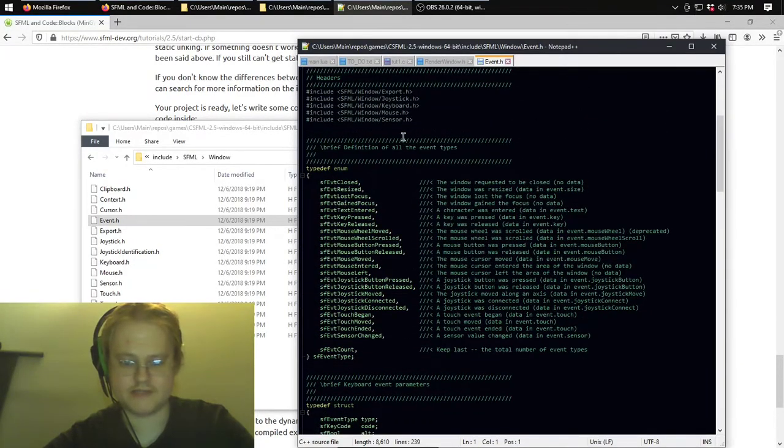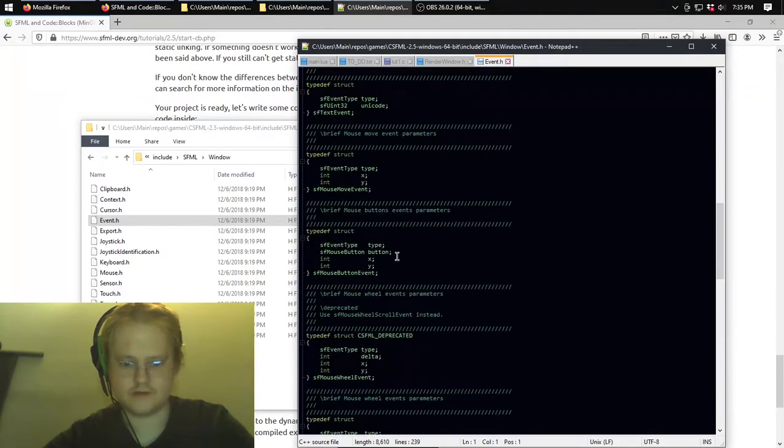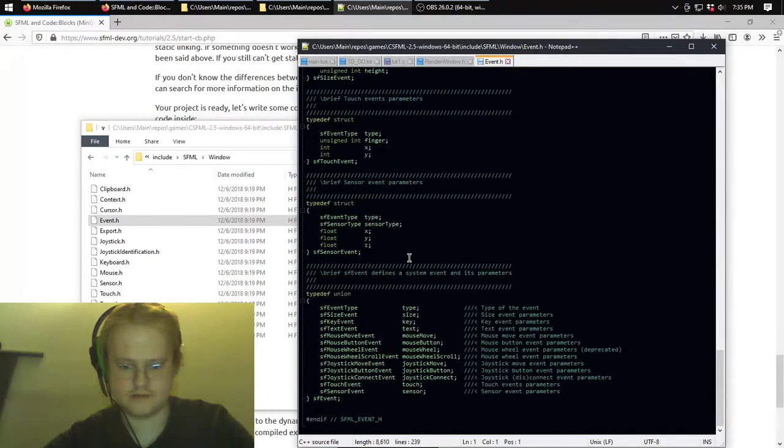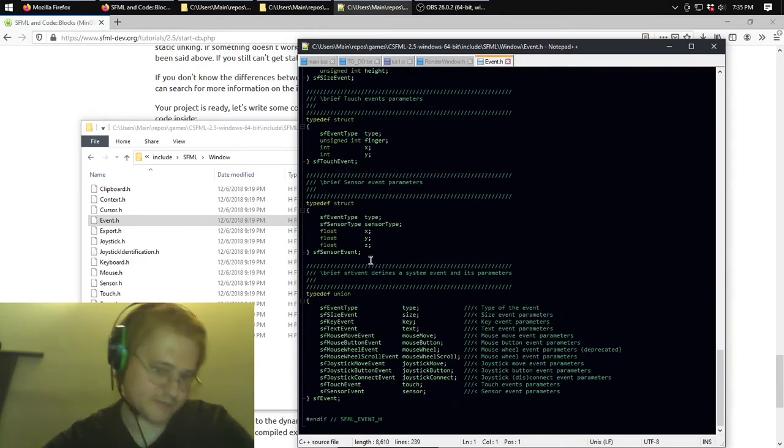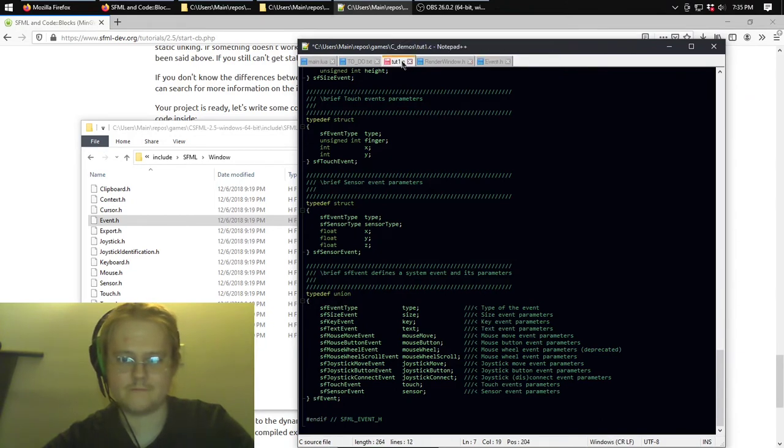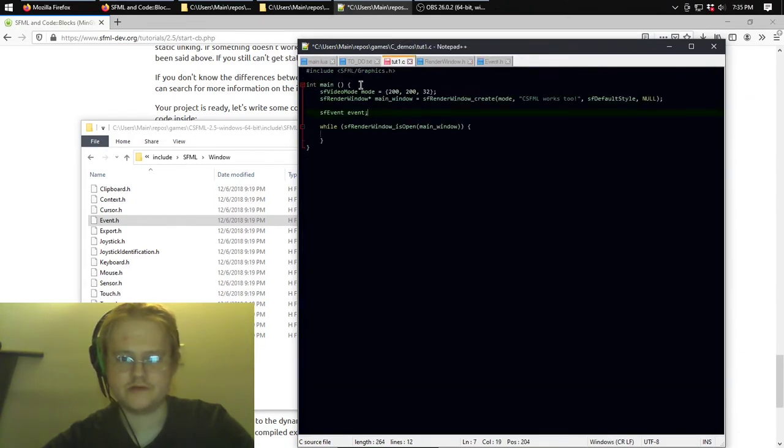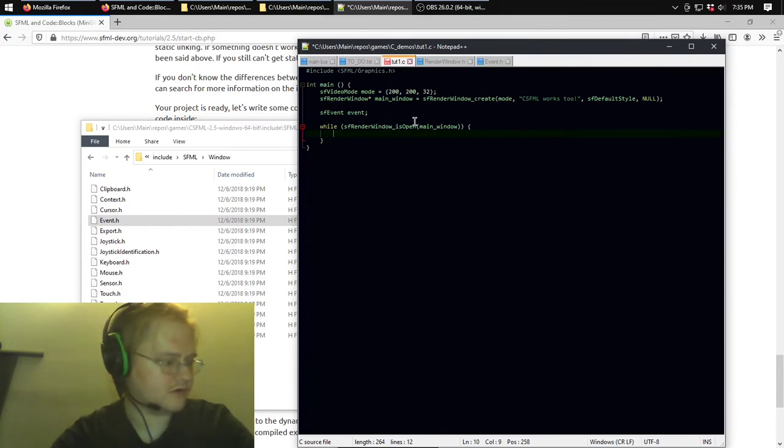And right up the top, sfEvtClosed. But these are all as event type. And at the end, we have events themselves, which contain a type, size event, key event, sfTextEvent, sfMouseMoveEvent, and so on. So we're going to create one, then we're going to create a secondary while loop that polls the window for events. So